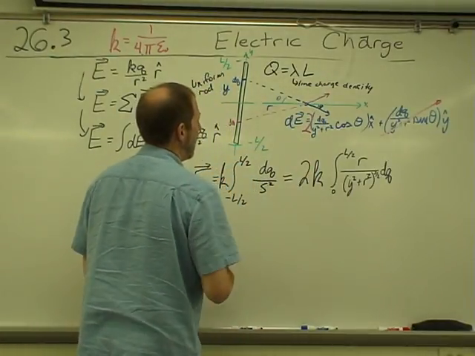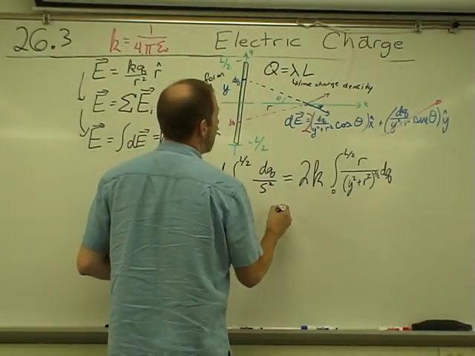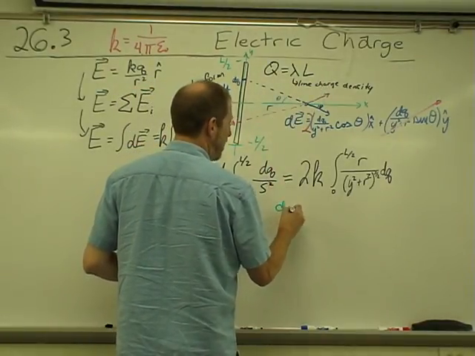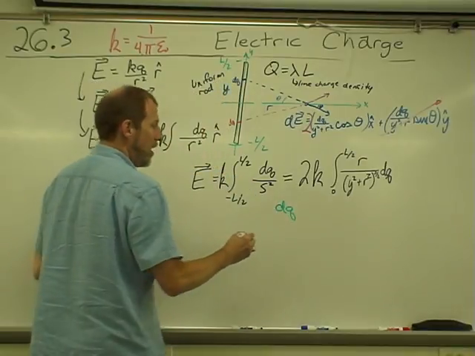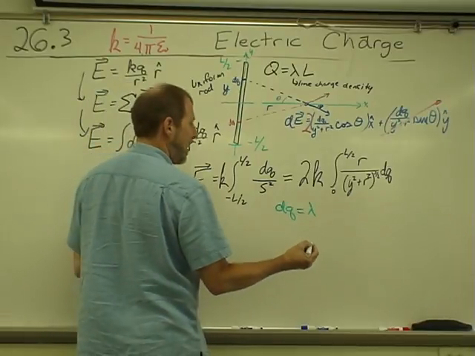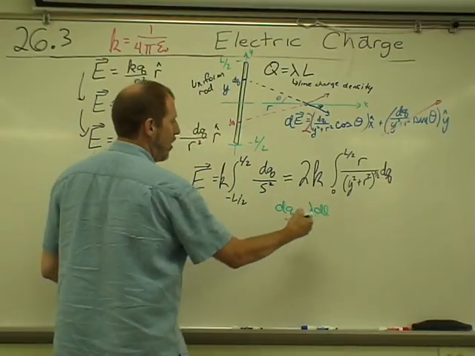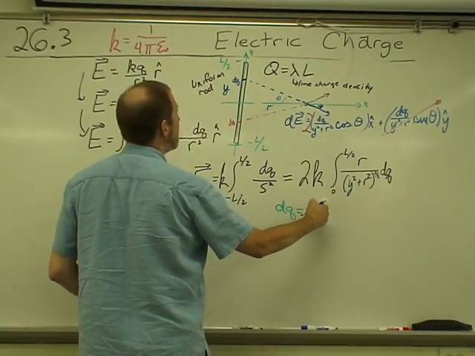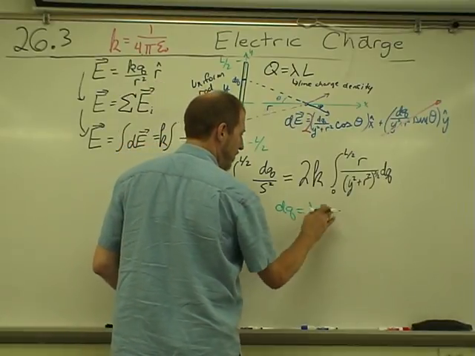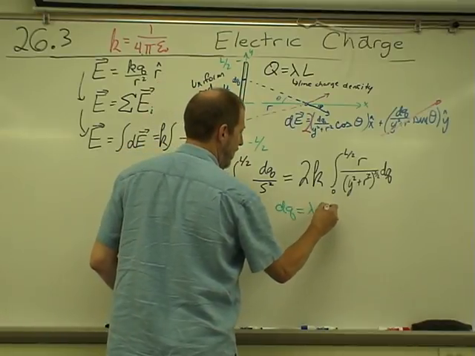Which means that a differential piece of charge dq is equal to the line charge density lambda times the differential length dl, which in this case becomes dy, since I'm integrating on the y-axis,